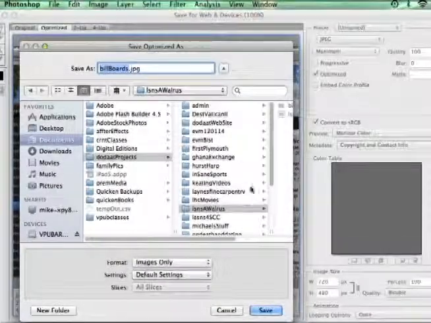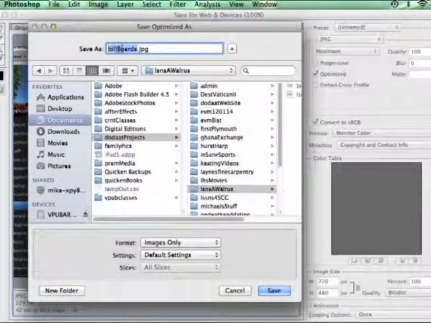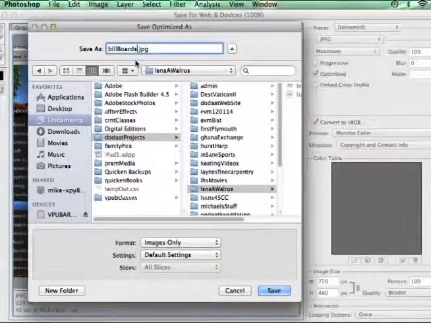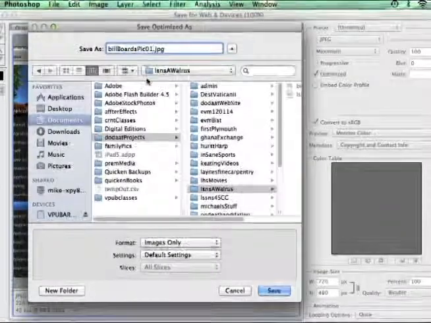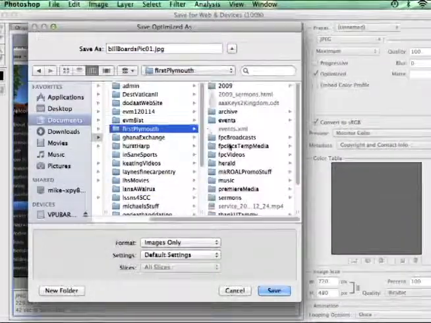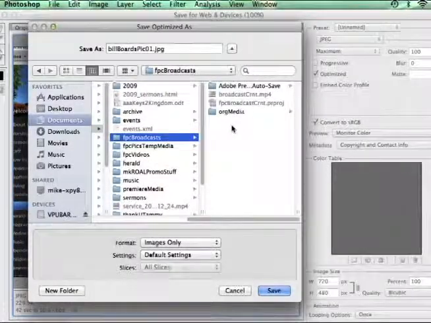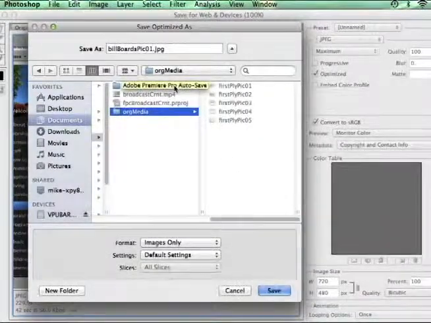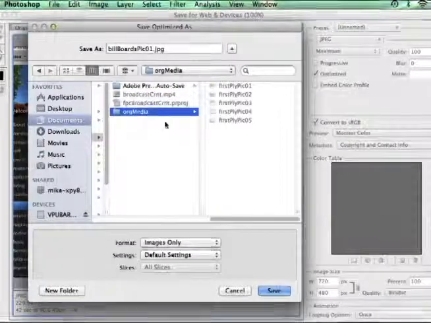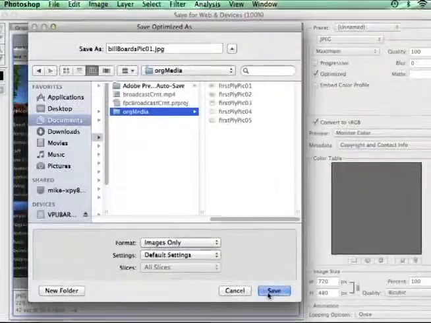I could label it Billboards Pick 01 and place it back either into Original Media or into another folder that I know can contain my JPEGs or PNGs, and I can then import them into the Media 100. Now, another trick I want to show you is if you have all your layers done correctly,